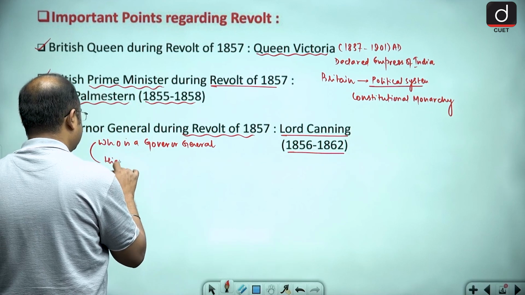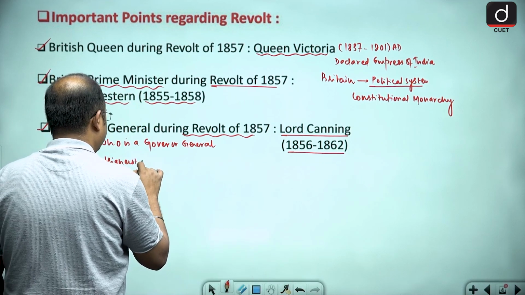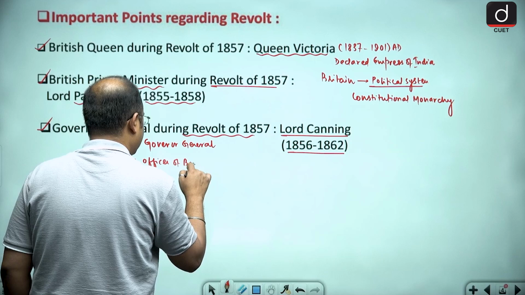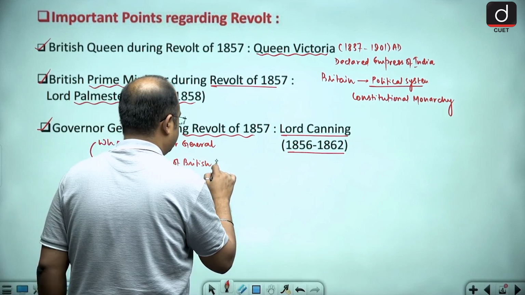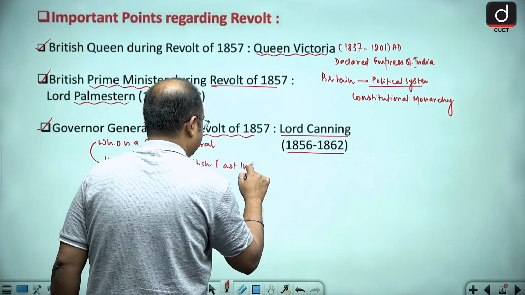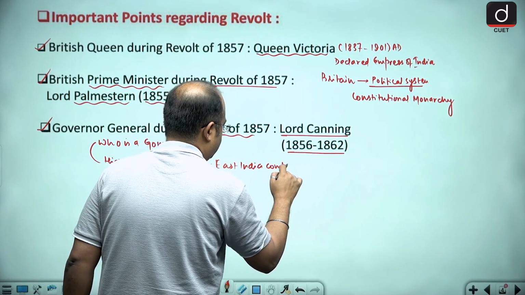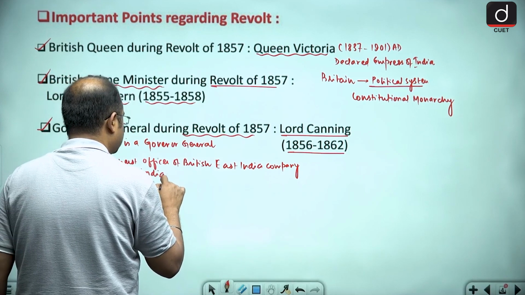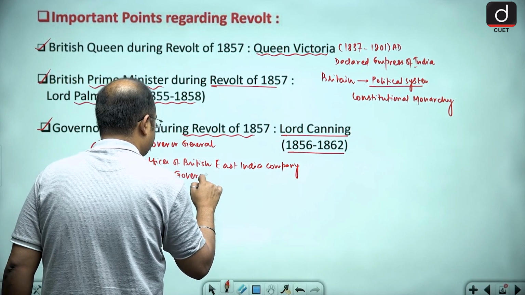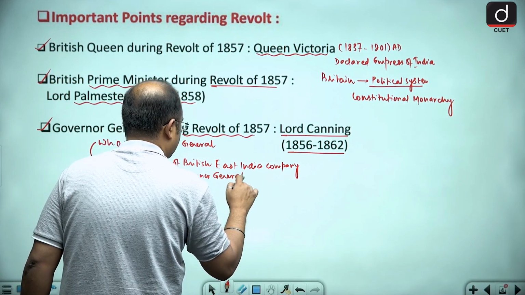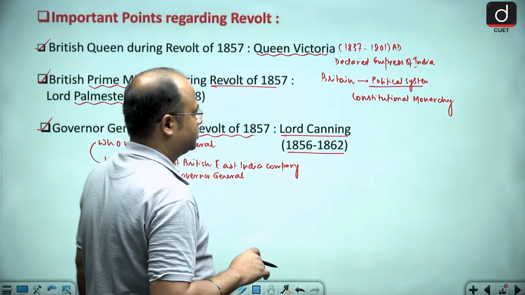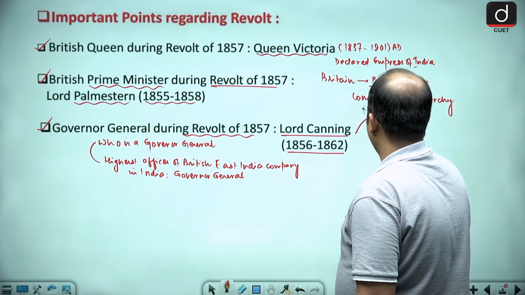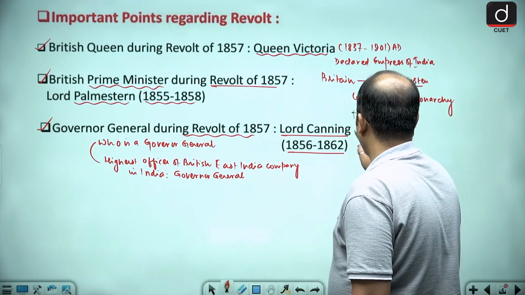of the British East India Company, his highest officer in India. The highest officer of the British East India Company in India was called Governor General. So at that point of time, the Governor General was Lord Canning, and you will find, my dear friends, that Lord Canning was the last Governor General and first Viceroy